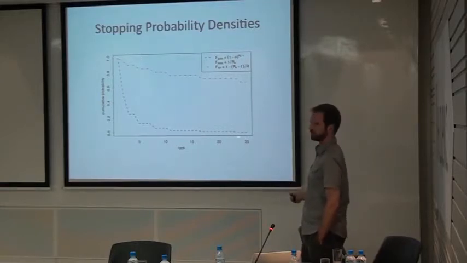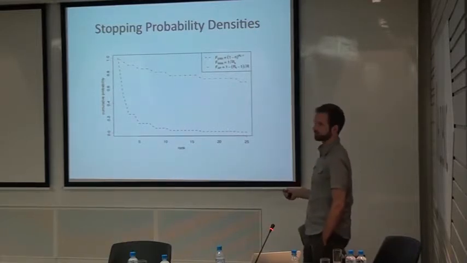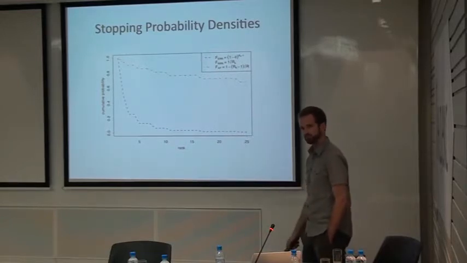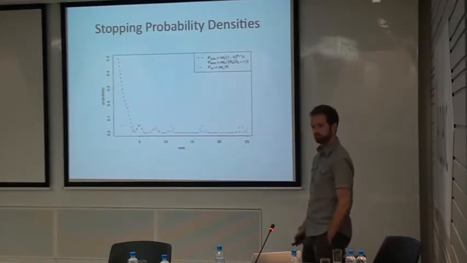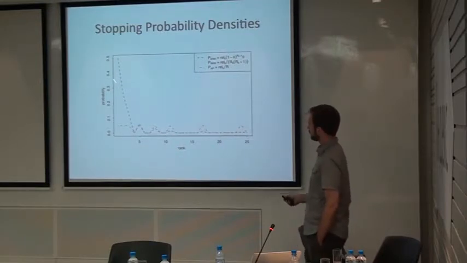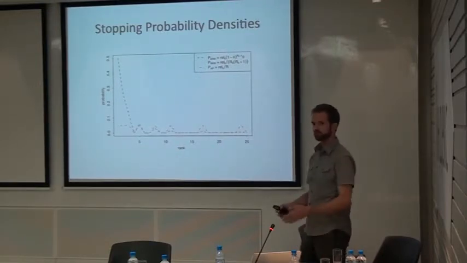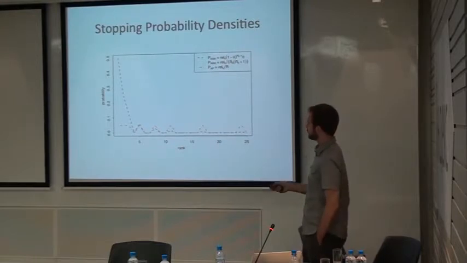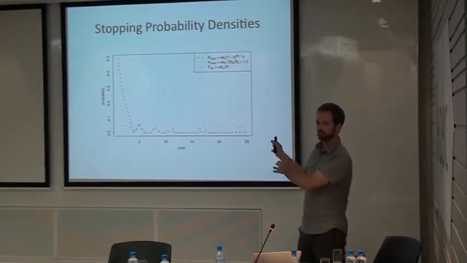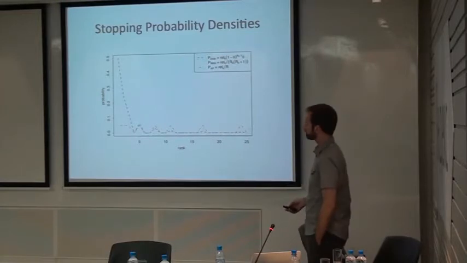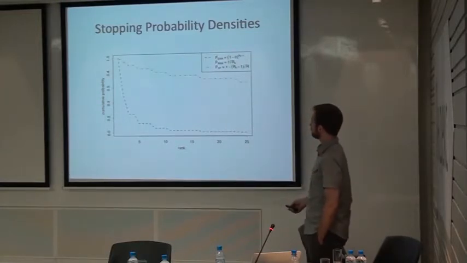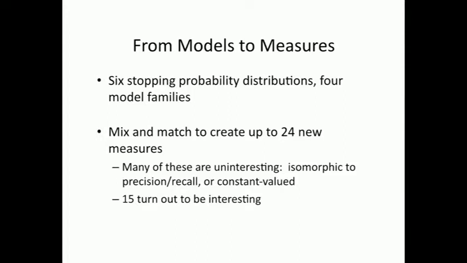So if we set f of k to 1 over k, which is the same thing we use with ERR, what we get is 1 over k times r sub k. This should be familiar as being equal to precision at k. So we get precision at k times P of k. Essentially, precision at k is basically utility per cost, and P of k is the probability of stopping. And then the average precision measure is our exemplar for this.